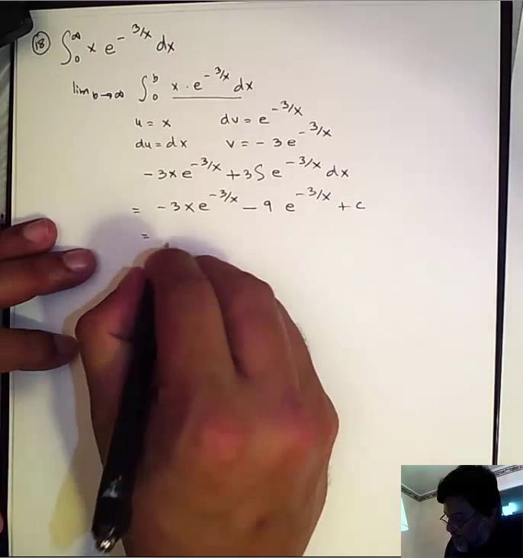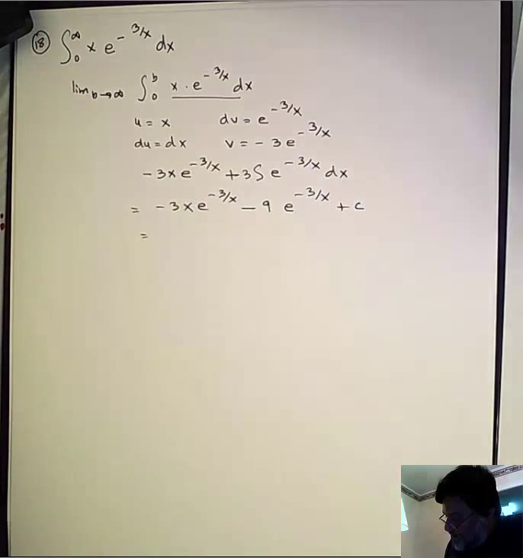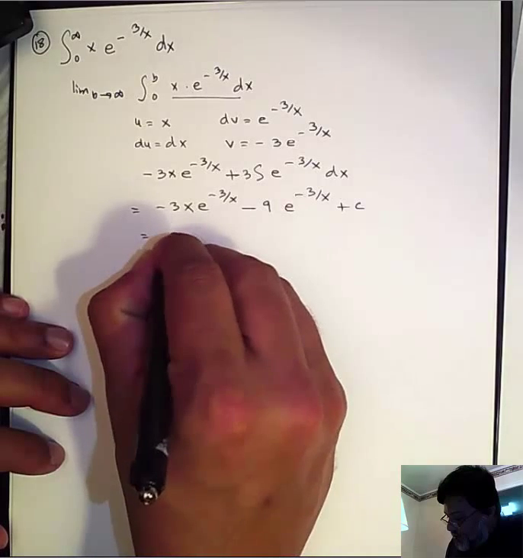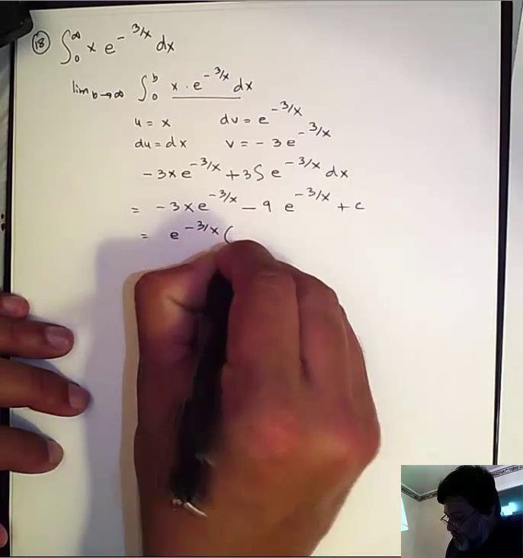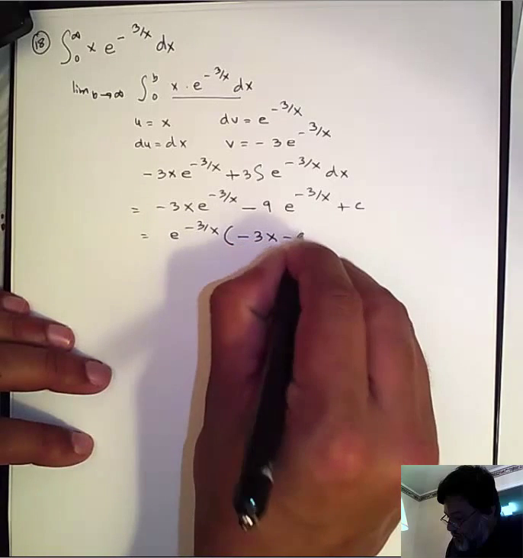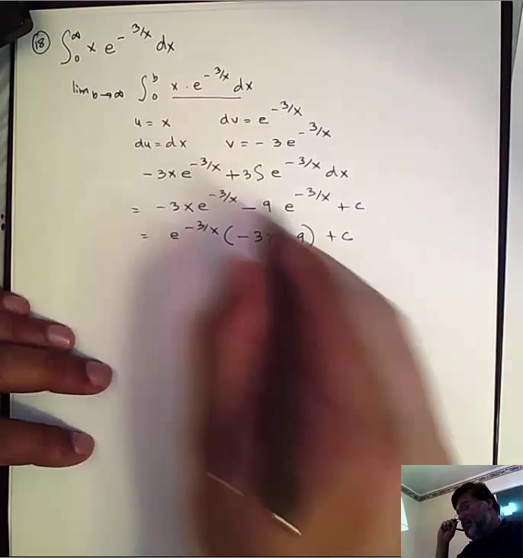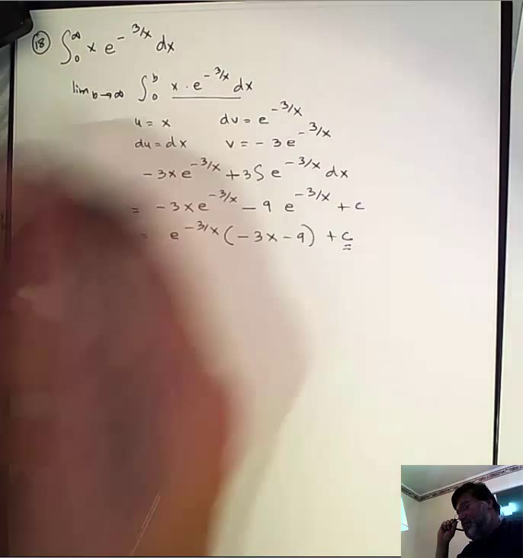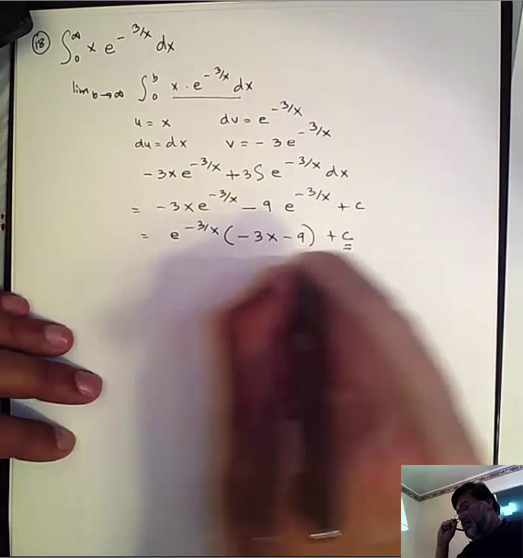So we could actually write this as, what can we write this as? Well, if we took out e to the negative 3 over x, negative 3x minus 9. Now remember, this has definite limits. We change it to b to 0, so we're gonna plug in